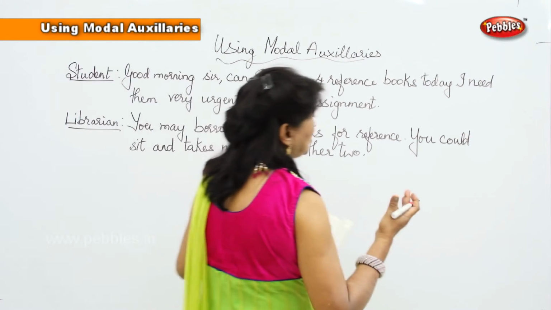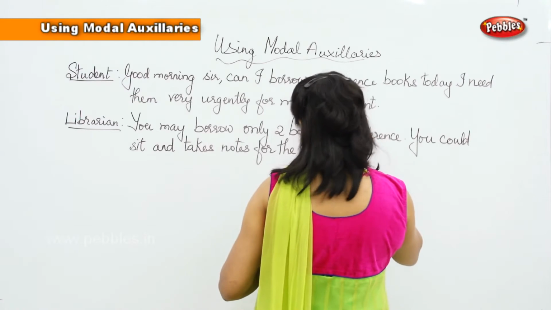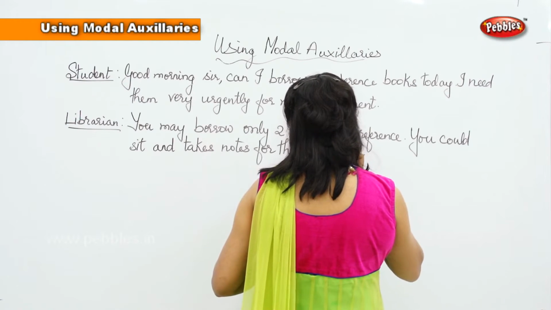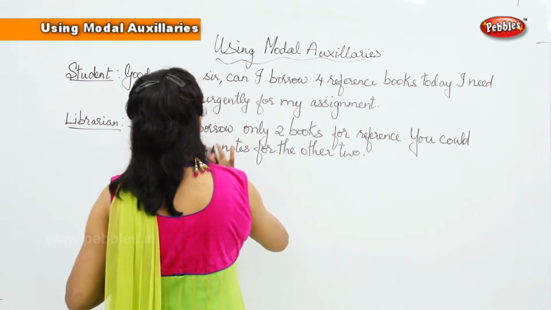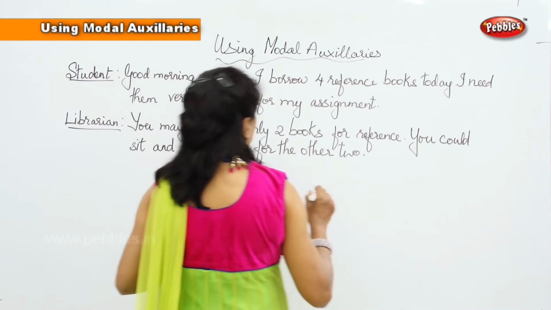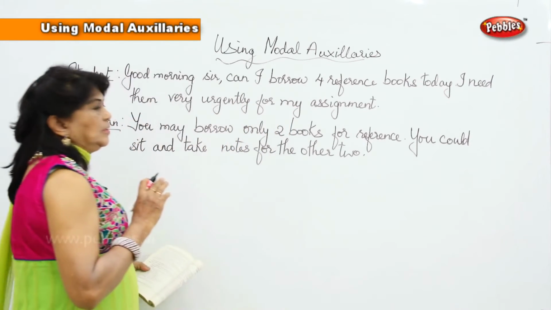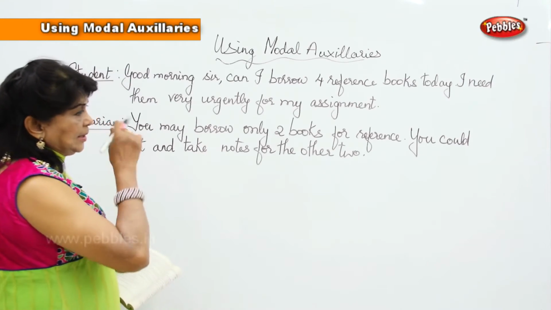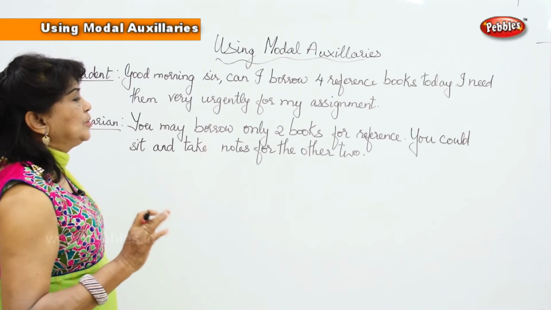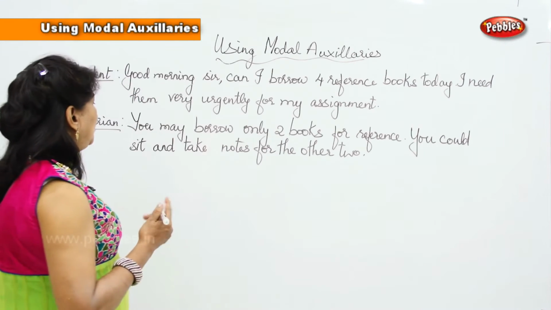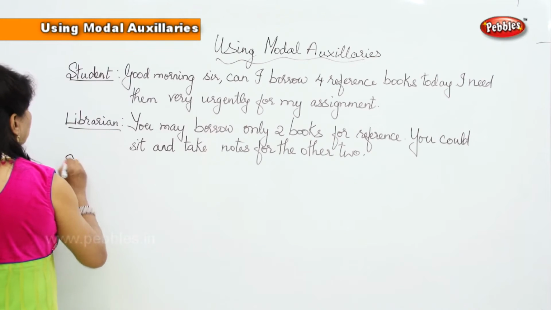Here you can even use you can, okay, you can sit and take notes for the other 2, because the rule according to the librarian or the library rules say that they can take only 2 books at a time. Okay, only 2 books for reference at a time. You could sit and take notes for the other 2. Okay, then the student asks,